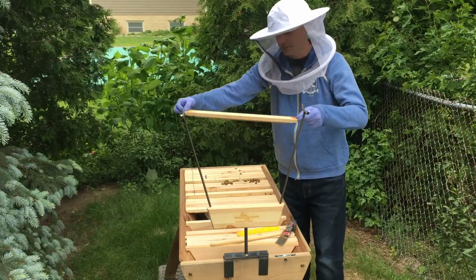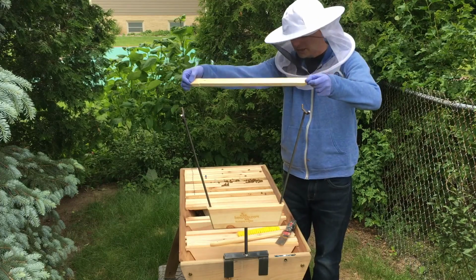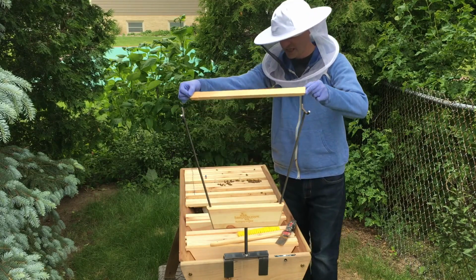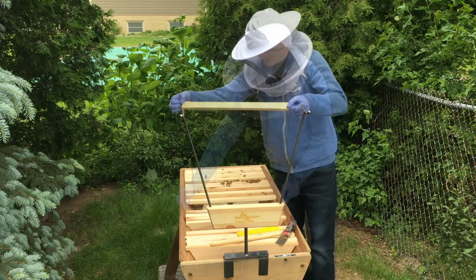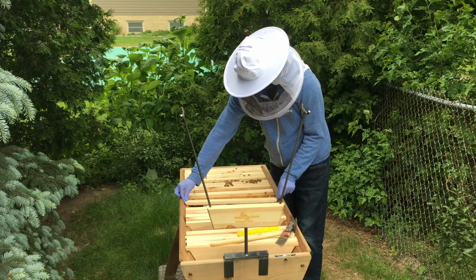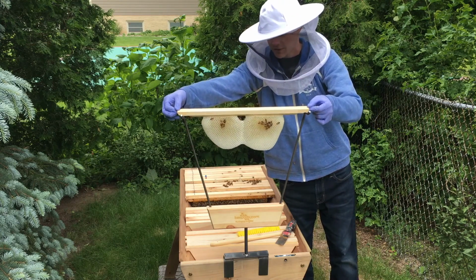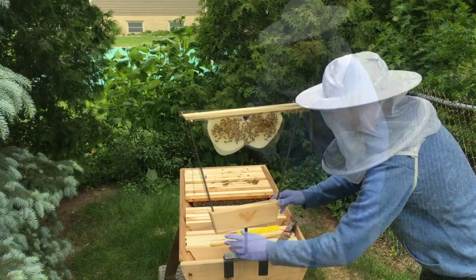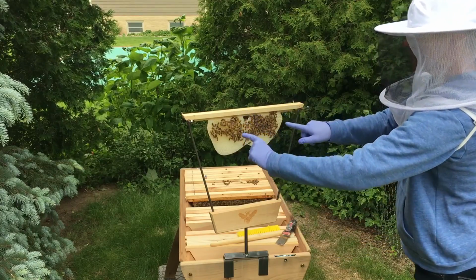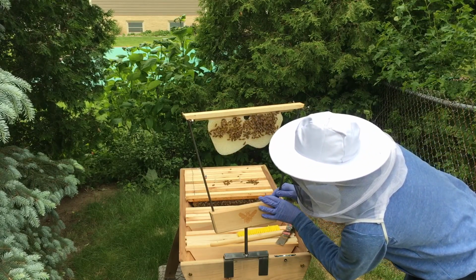Bar 18, no comb. Bar 17, no comb, and I just put this in a couple days ago. 16, 15, bar 14. So they fused that together pretty good. They started out on 2 sides and came together. So far,